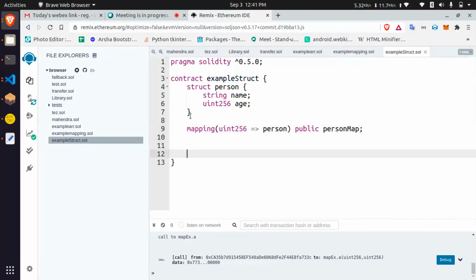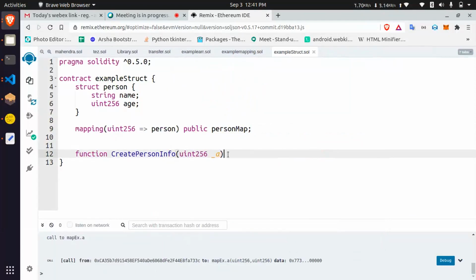Let's see how to set the values. Function create user. You will pass uint256 as the key, and then you are going to pass the name.